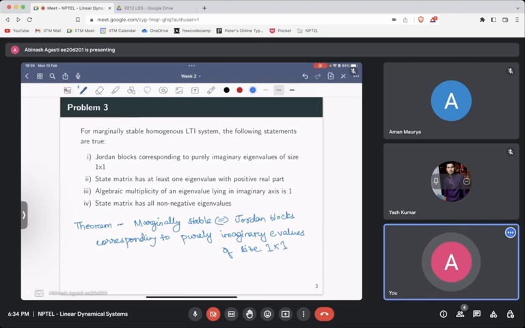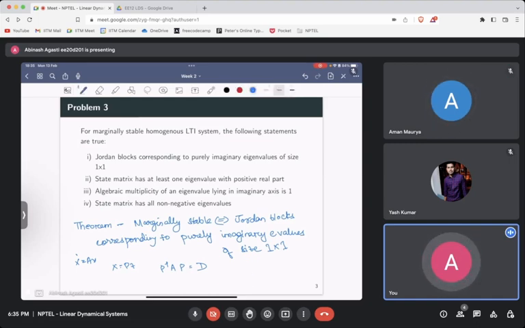So what does this mean? This means that when you diagonalize a system matrix, let's say you have x dot equal to Ax, and you do some transformation such that P inverse AP gives us a diagonal matrix. This diagonal matrix would typically consist, along the diagonal, of the eigenvalues of the system. Okay, but when we have repeated eigenvalues, what happens is,